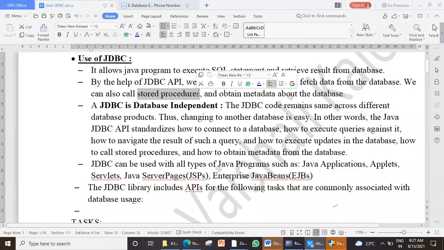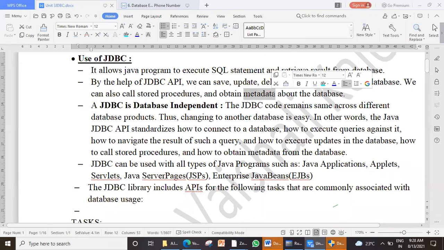You can fetch series of records. You can filter the records and print. So in SQL, you may be typing 10 commands to take that record, insert the record, something like that. All those 10 commands can be stored in a procedure, and just call the procedure name, all those 10 commands get executed. So this is how JDBC can also call stored procedure, obtain metadata.